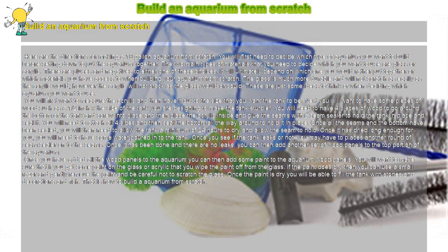Once all the seams and the bottom have been sealed, you will then need to allow the tank a minimum of 24 hours to dry and allow the seam to hold. Once it has dried long enough for you, you will need to have some water poured into the tank. Once you see if the tank leaks or not, you may have to place another round of seam sealer onto